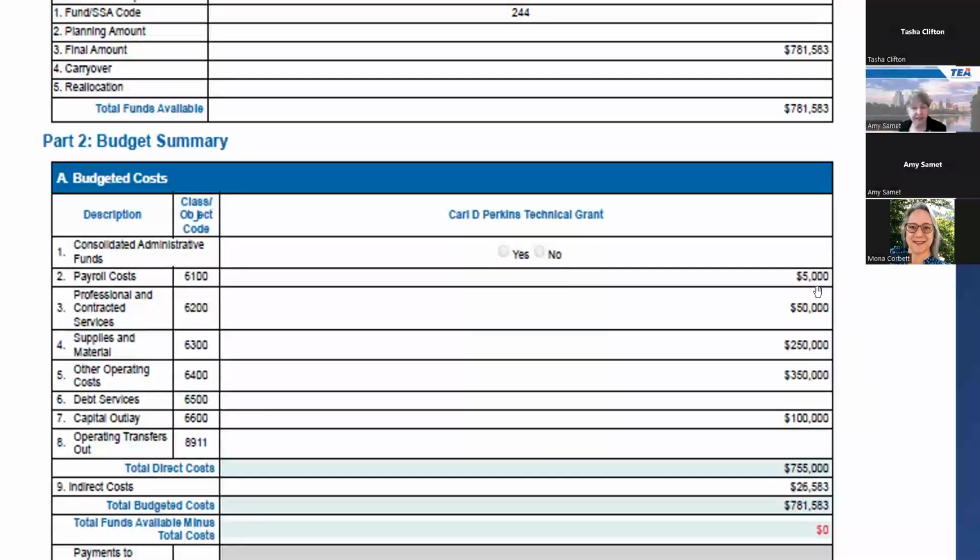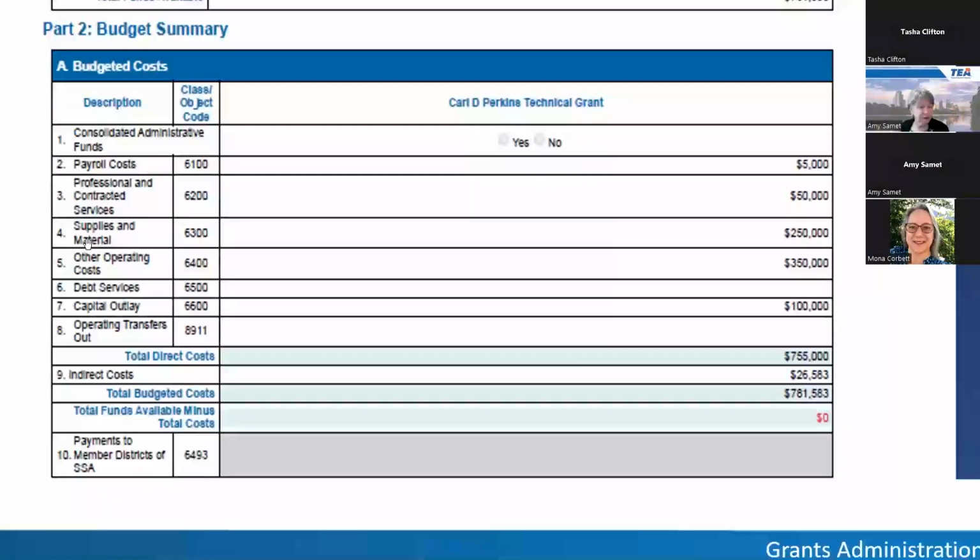The LEA has entered $5,000. On line 3, professional contracted services, class object code 6200. The LEA has entered $50,000. Then the other class object codes are here: supplies and materials, other operating costs, debt services, capital outlay, and operating transfers out. Then the form totals the direct costs for you, and in this case, it totals to be